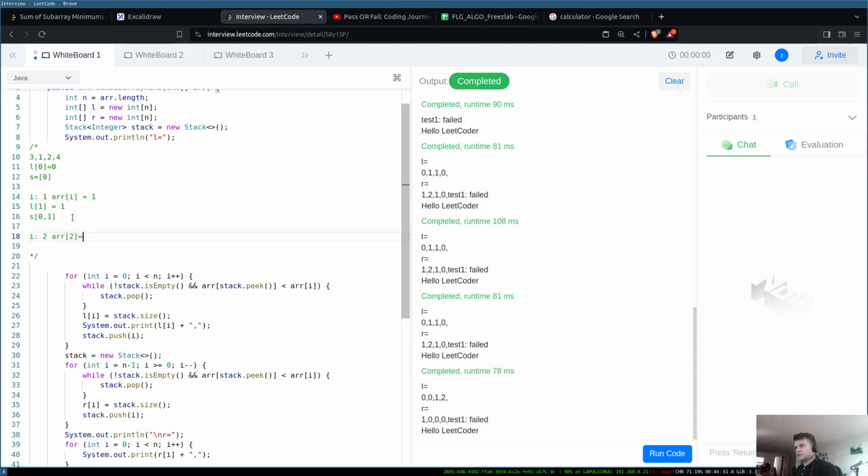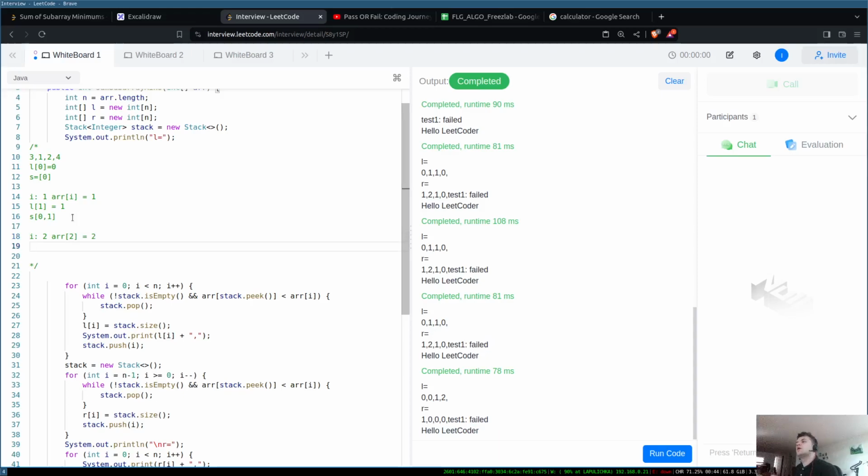R[2] equals 2. Okay, so we'll keep the 3 there, but we don't need to keep 3 there. So in this case, we'll keep the